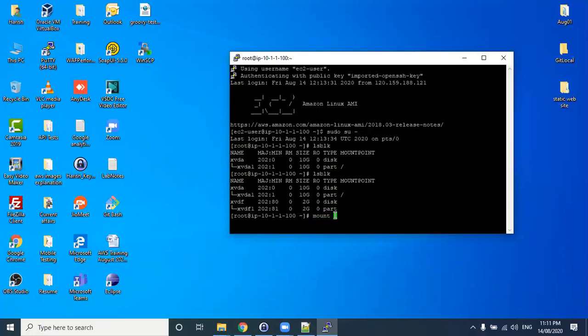Mount /dev/xvdf1. Let's create a folder before that: mkdir newvolume.